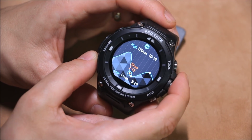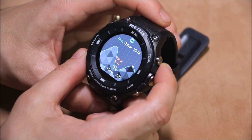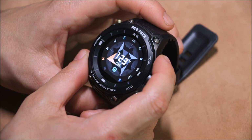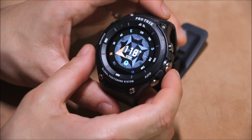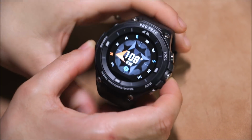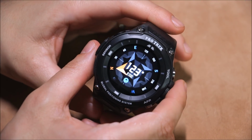Again, I haven't fully calibrated all this stuff. This is obviously tracking your climb, which is pretty interesting. And then you go back here. So these are the Casio installed apps that relate to the core functionality of what most ProTrek watches are, which